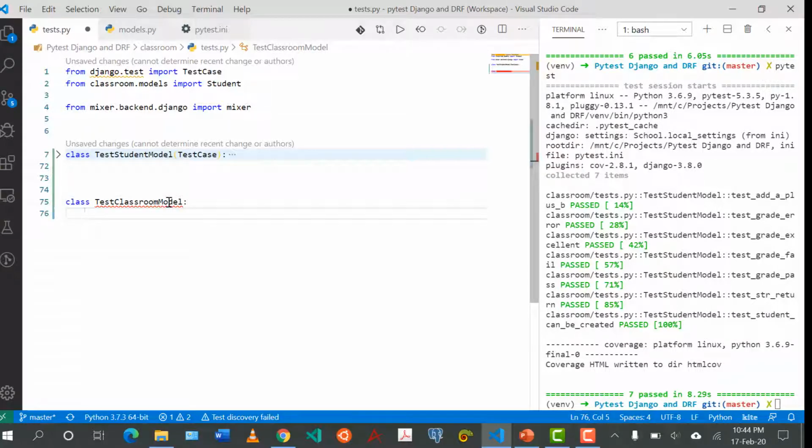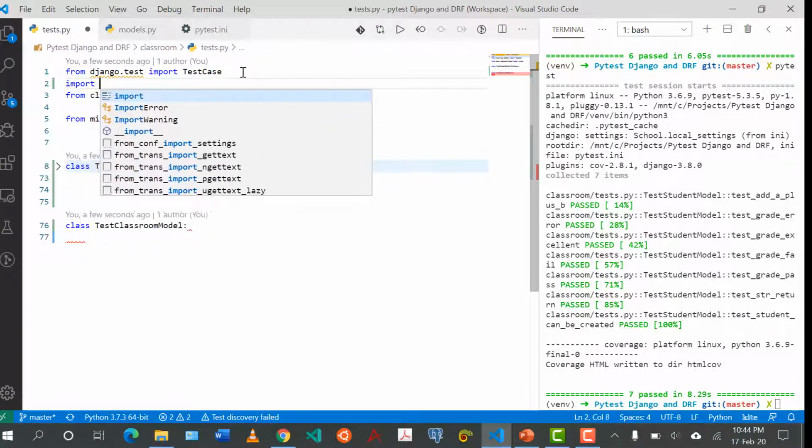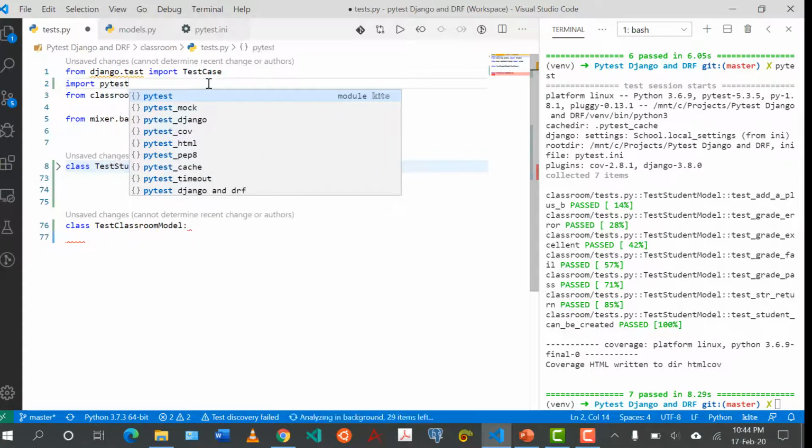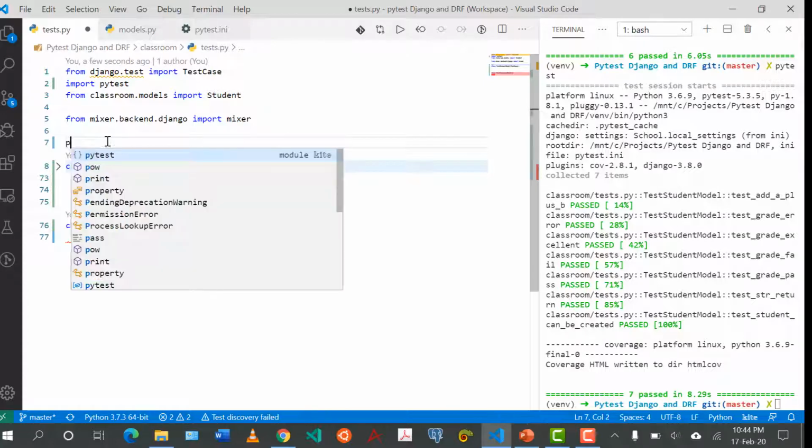And notice for this I won't pass the test case. I'm just going to use a pure function because I'm using pytest, and I actually need to import pytest here for this to work. Another important setting that I've just realized we need to do is say